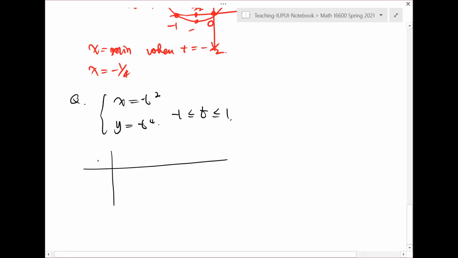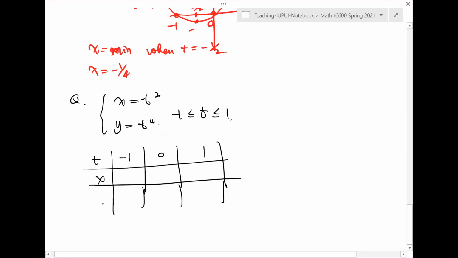You can choose t here, -1 and 0 and +1. Probably we have to add more later. If we feel it is difficult to sketch this graph, so when t is -1, it's 1, 1, 0, 0, 0, 0. Okay, it's very difficult based on this information to sketch the graph. Now we need to either add more points, or we try to see if there's any simple relationship between x